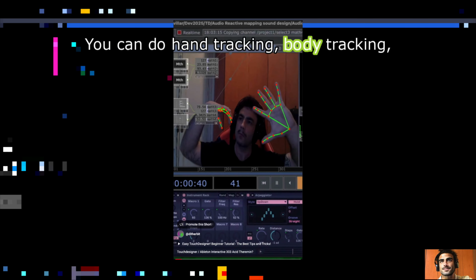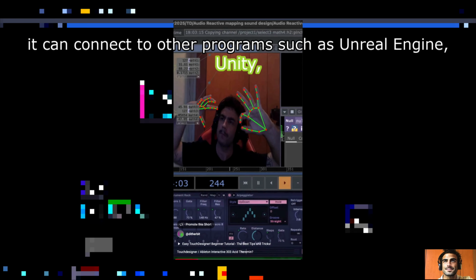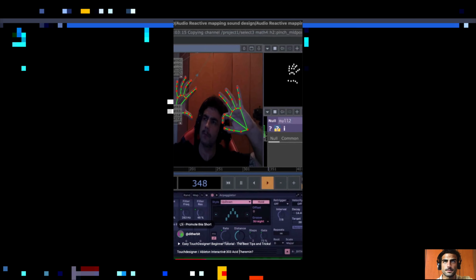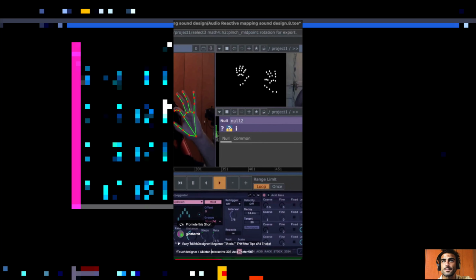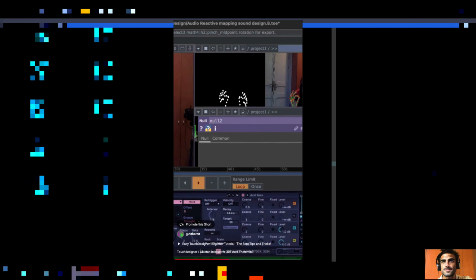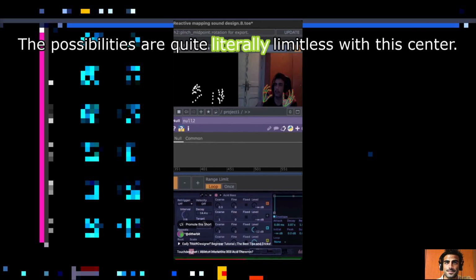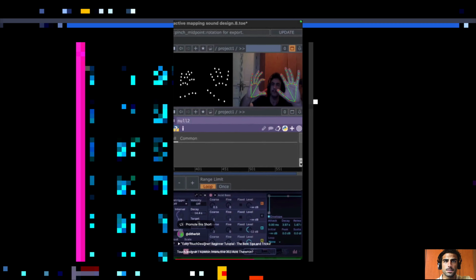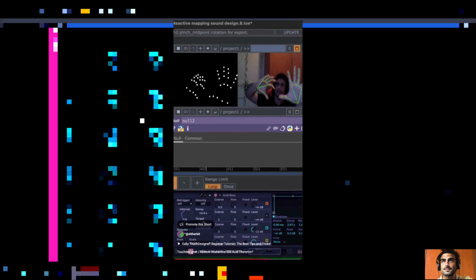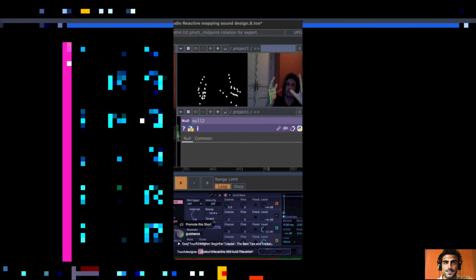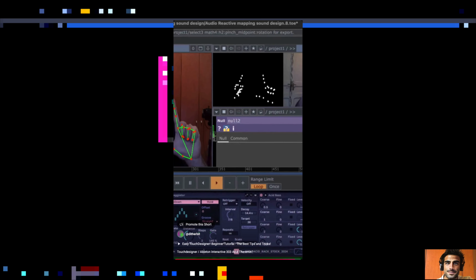You can do hand tracking, body tracking. It can connect to other programs such as Unreal Engine, Unity, Ableton. It's got AR, XR capabilities. The possibilities are quite literally limitless with TouchDesigner. You can incorporate machine learning, artificial intelligence, you name it. Live show, OSC, DMX, control,